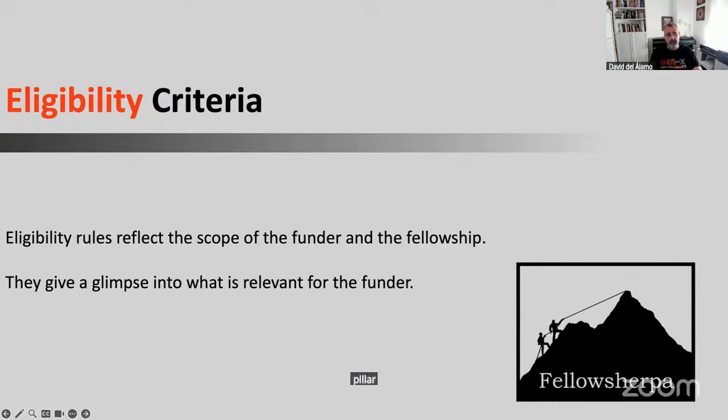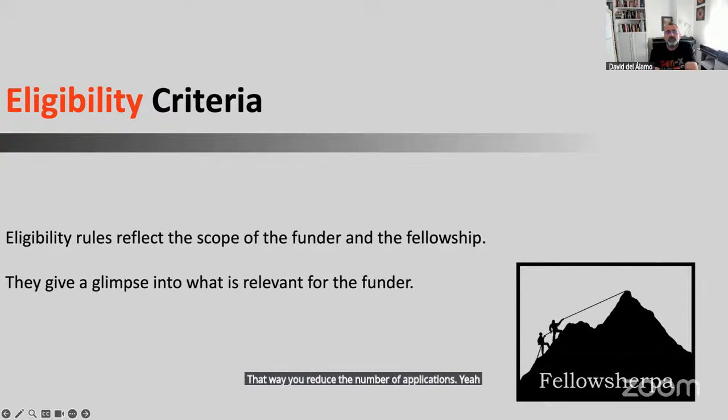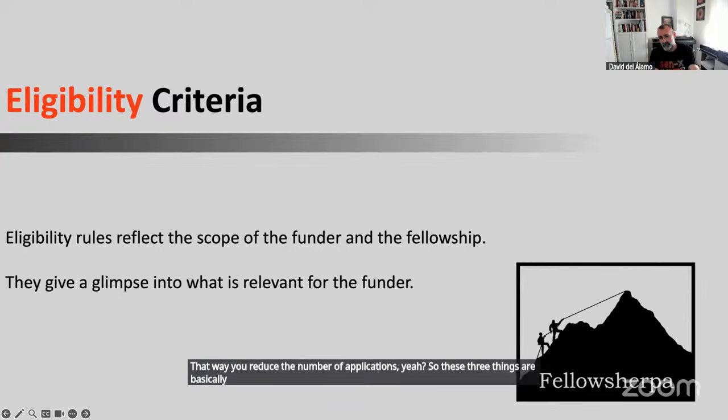pillar that determines the eligibility criteria is the capability or the capacity of the funder. Yeah, if they can basically evaluate 2,000 applications per year, and suddenly they see that the trend is increasing and they're close to 3,000, and they're stretching far beyond their limit, then they may say, well, then instead of being eligible 3 years after your PhD, you're eligible only 2 years. And that way you reduce the number of applications. Yeah. So these 3 things are basically the way the criteria are